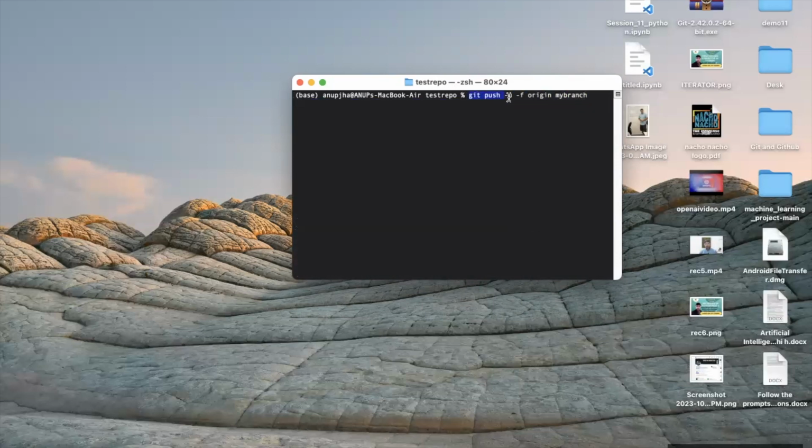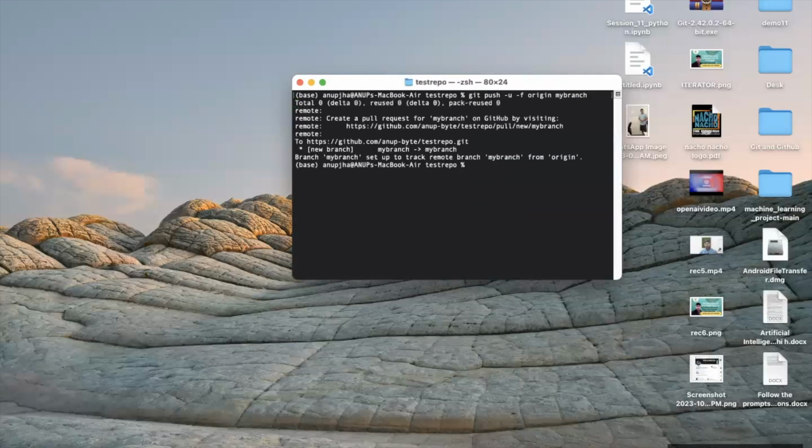Git push -u -f. Till here there is no issue, and origin is an alias for my GitHub repository URL that I have already explained to you. And now I want to push this thing inside my branch, not inside my main branch. So that's why I have written this. Now if I simply press enter key,